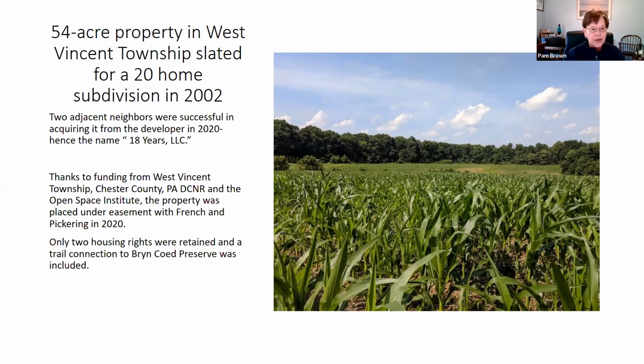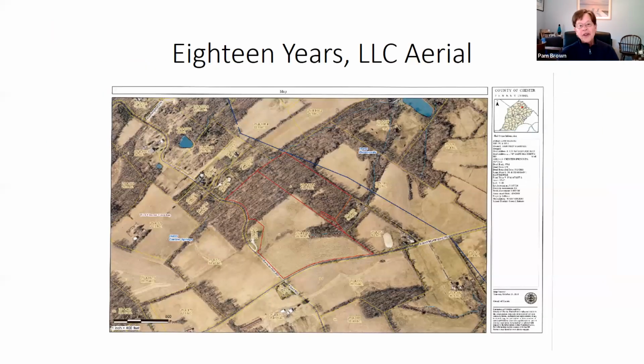And from the 20 housing rights, only 2 were retained in the 2-lot subdivision. Almost the majority of it is in agricultural, organic or agricultural use with 15 acres of woodlands. Next, please. So just to get an idea of where this is located, the red outline is 18 years, 54